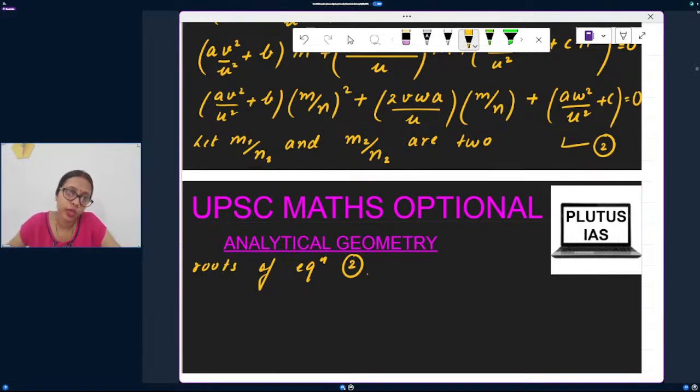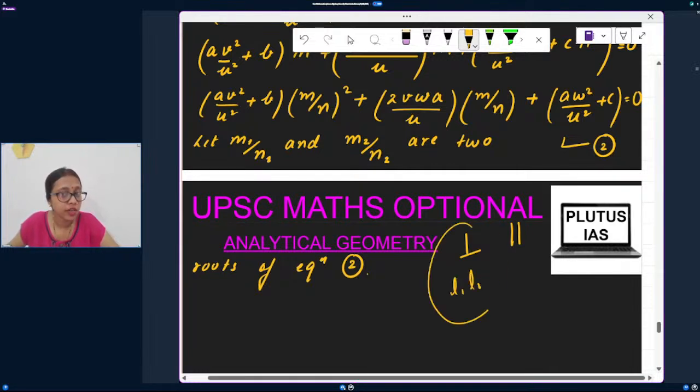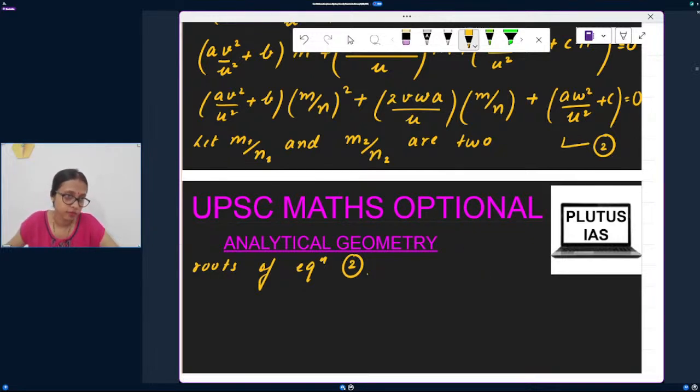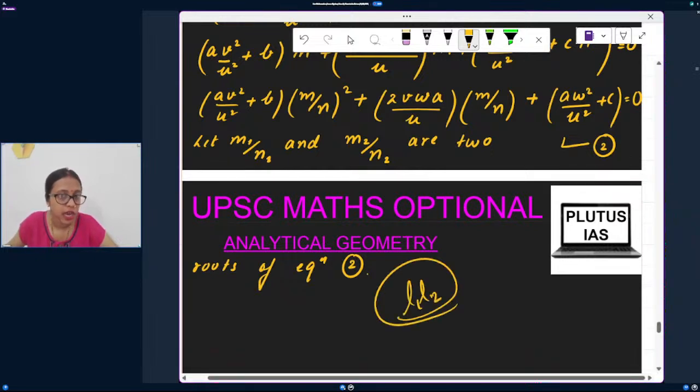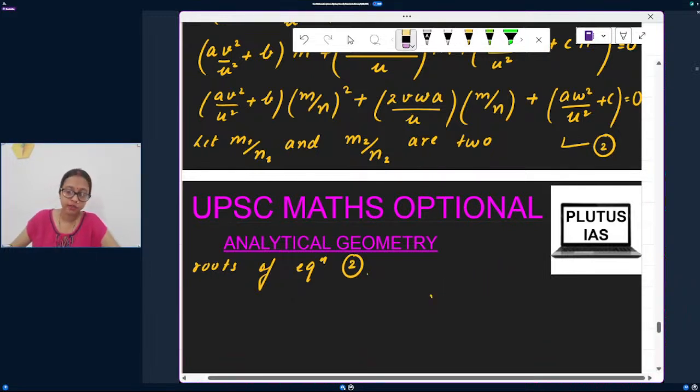Now, how is that going to help us? Whatever the case is, whether it is a perpendicular line or a parallel line, I know the relation between L1 and L2. If it is perpendicular, then L1 L2 plus M1 M2 plus N1 N2 has to be 0, right? That can only be arrived at if I take the product, because I don't want L1 and L2 separately, but I want L1 L2, M1 M2, N1 N2. To arrive at that, let's try with the product. Maybe that can help. The product of roots would be,